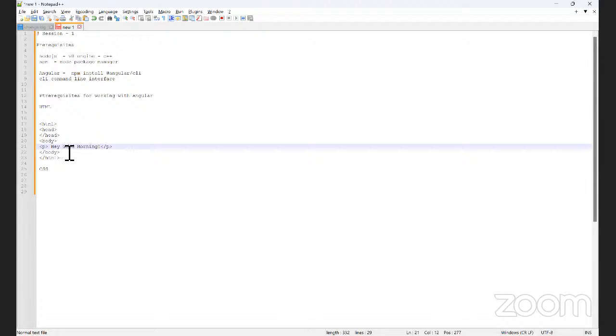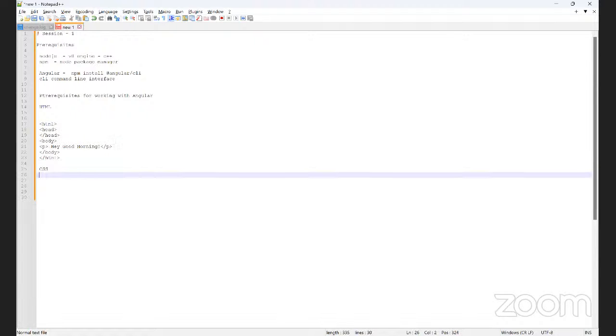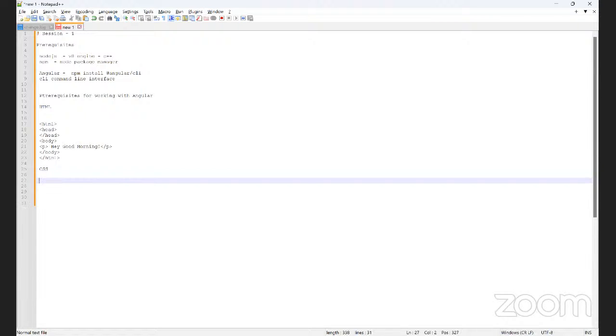So how can it understand that I want to display it in the blue color? For that, to apply colors or style for this text or this entire structure, we'll use CSS.